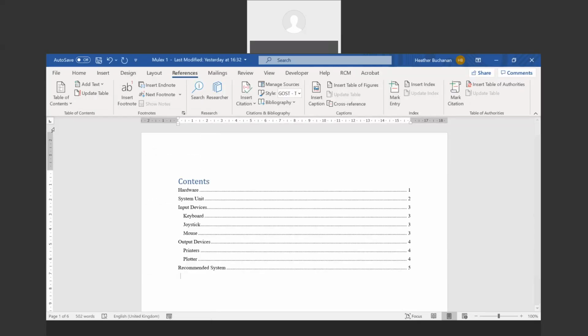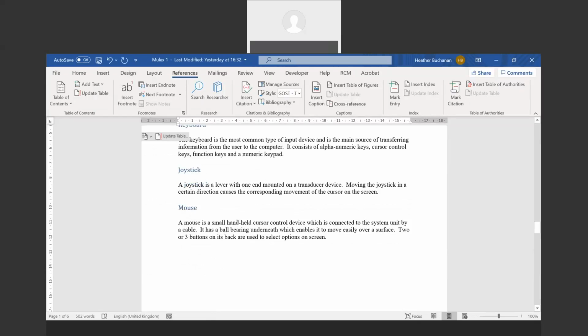I can see that hardware is on page 1, system unit on page 2, and input devices with its subsections are on page 3. If I wanted to jump to joystick, for instance, Control and click to follow the link. So it takes me straight to that part of the document. Let's add some other